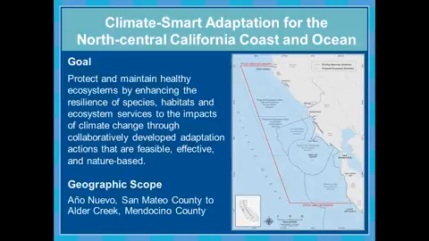And so the scope of the project is not just restricted to the current boundaries of Gulf of the Farallones National Marine Sanctuary. The scope of the project expands up